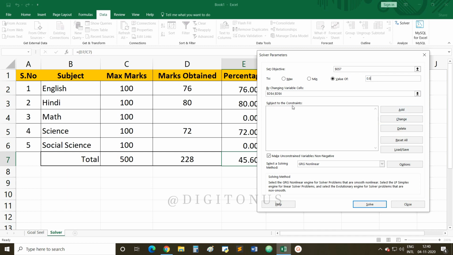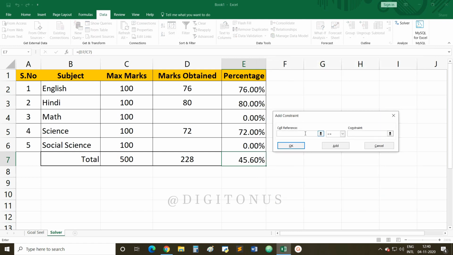Now, subject to the constraints, this part you are finding here, subject to the constraints. Now here you can see there are so many buttons. Add constraint means that we can apply a condition also, that in this particular cell the value should be this much or less than or equal to, or greater than or equal to. So I am using a cell reference.